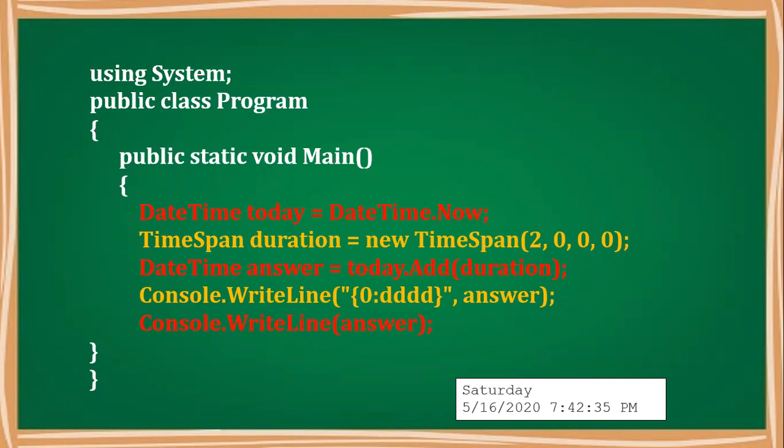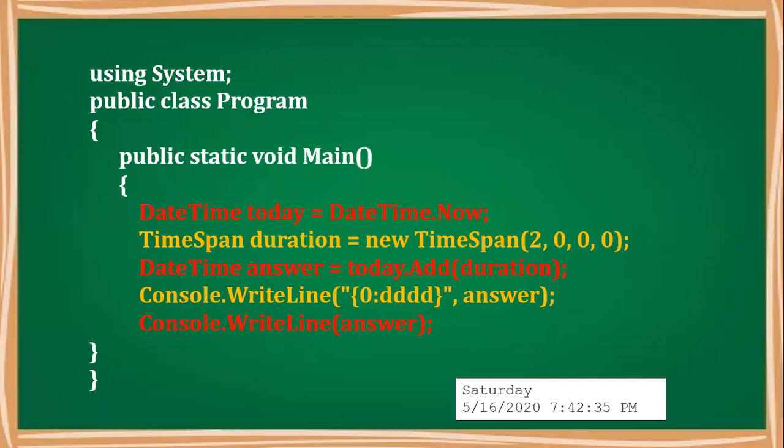So here it is the DateTime format. There are multiple formats. I am going to show you in the subsequent slides. So if you are printing, the answer will be the current time added to our TimeSpan. And then we are writing the answer will be some Saturday. Why? Because we are asking for the day only. In the first Console.WriteLine we are asking for the DDDD format. D stands for date. If we write four D's, it will give you the day only, the name of the day. I am going to explain how the formatting works.